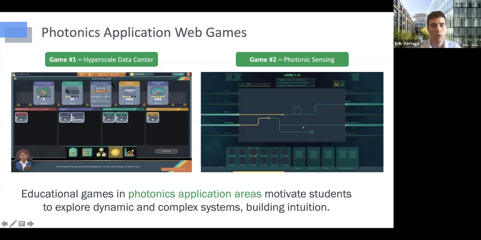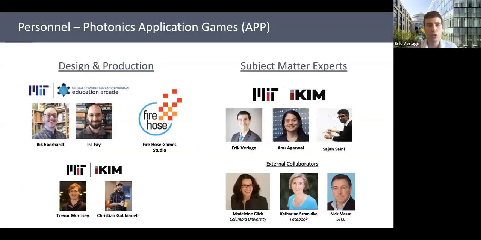And so for game number 1, the Hypersky Data Center game, I'm going to show you the progression of how we built it. And then I'll also show you an example of another game where we're having them actually design optical circuit components. We ended up having a large design team and a large number of people